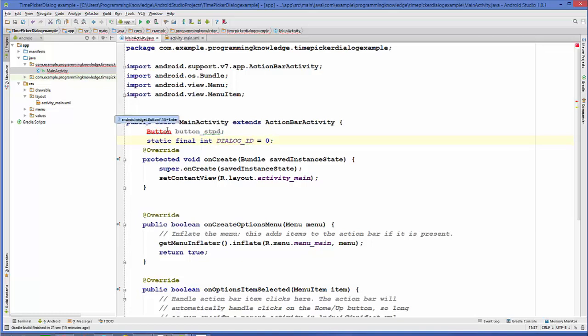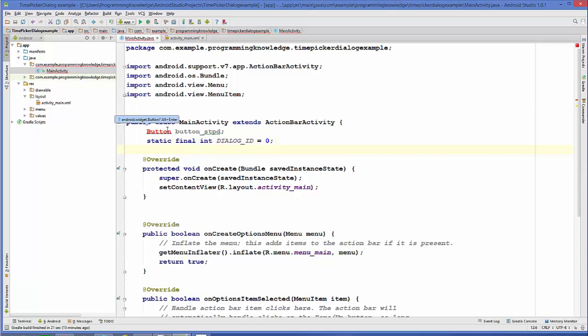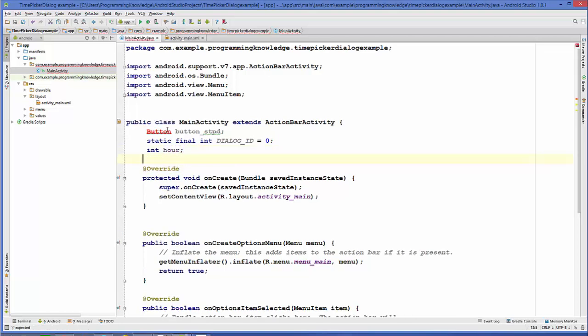And now we are going to declare two variables which will be holding the hour and minute for us using time picker, right? So int hour and int minute, for example.